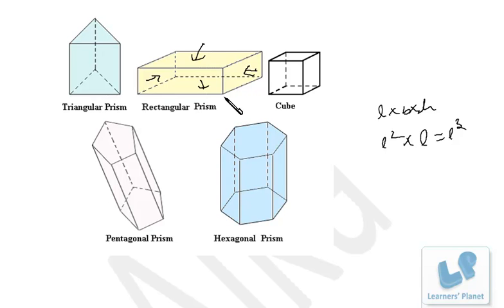Then the last one, that is breadth into height. Once again two surfaces will be like this, this and this. Okay, so two surfaces of length into height, two surfaces of breadth into height, and two surfaces of length into breadth, and this